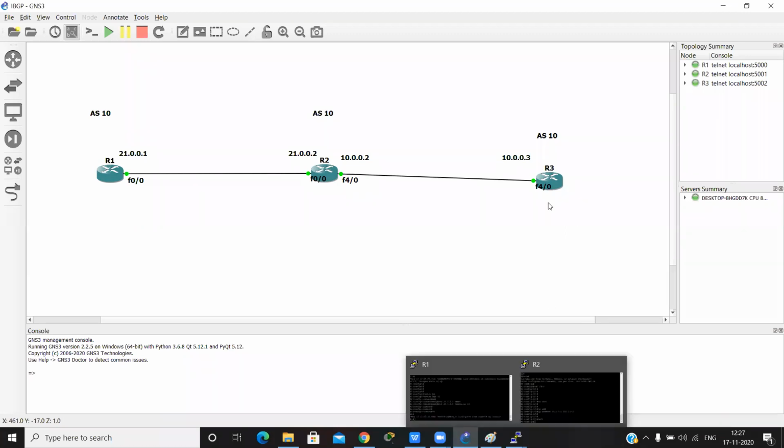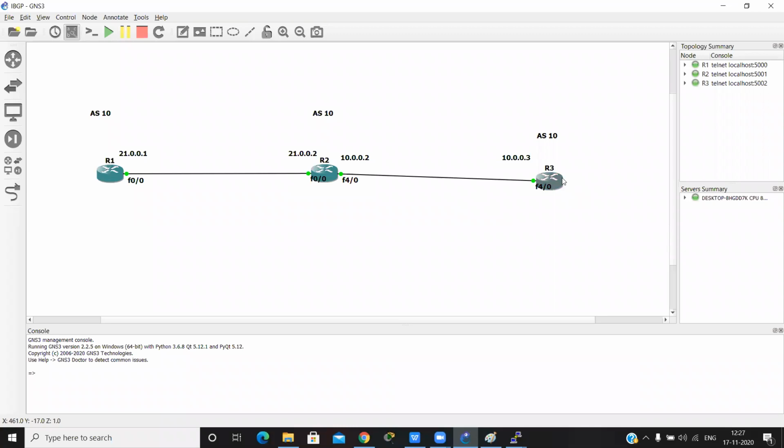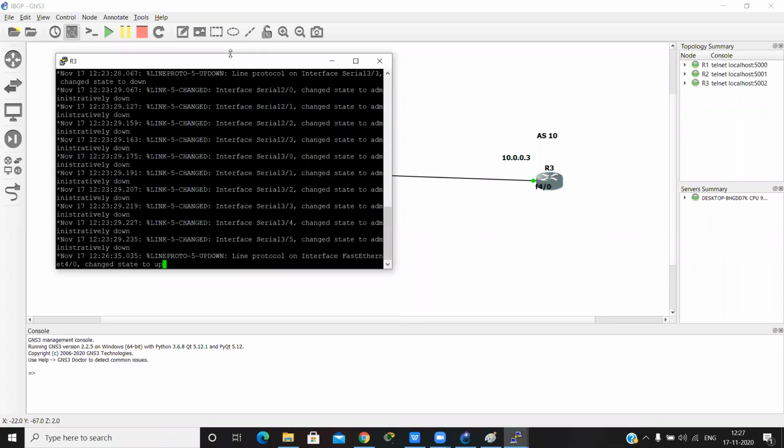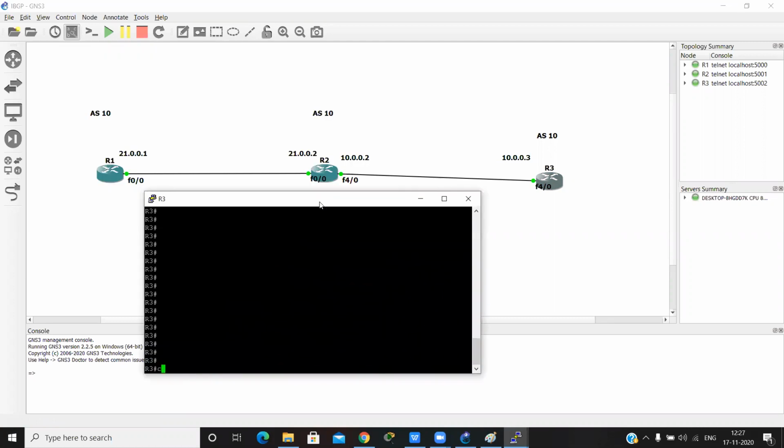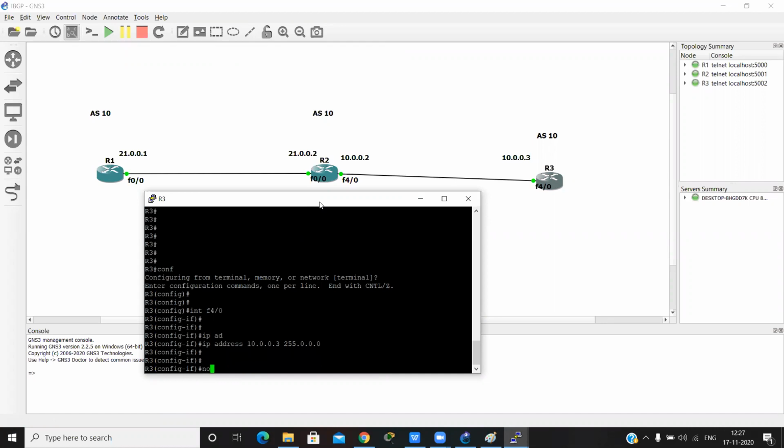Okay, now on router 3, in global configuration mode, interface F1/0, the IP address is 10.0.0.3, 255.255.255.0, and then no shutdown.